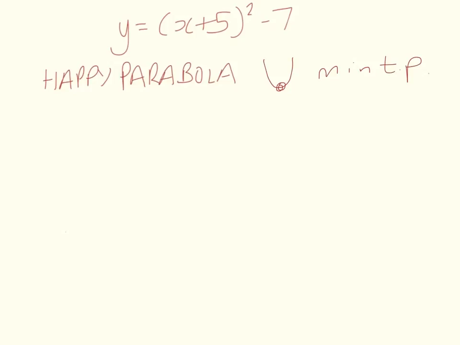Step 2 is we need to find the y intercept. The y intercept is the point where our parabola crosses the y-axis. On the y-axis, if we're to pick out some coordinates, like say (0, 0), (0, 4), (0, -5), in common, they all have an x-coordinate of 0. So to find the y-intercept,